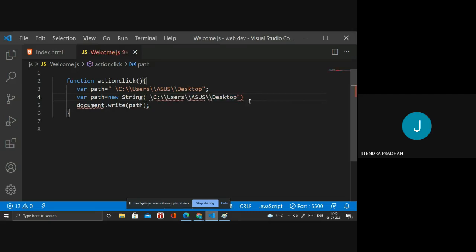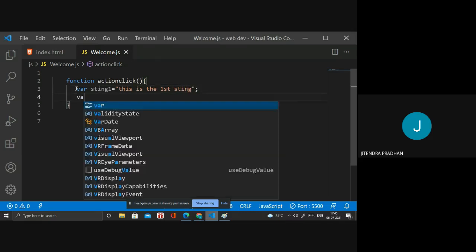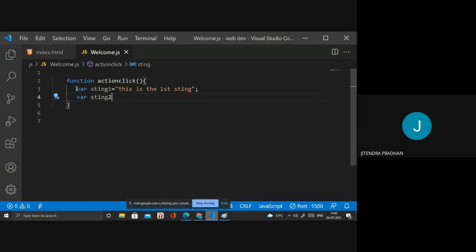Okay, I have removed that one. It shows error also. Okay. Oh, I have to show you in that form. It's better. It's like string one. In that we have this is the first string. Okay. So next one we have second string. It's like